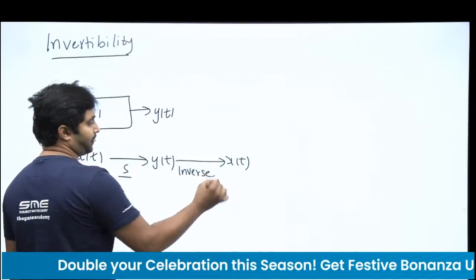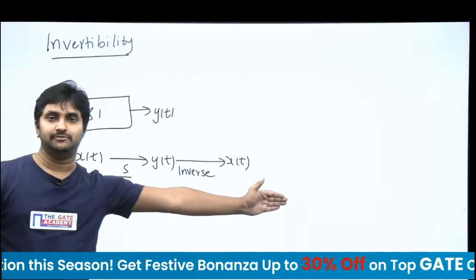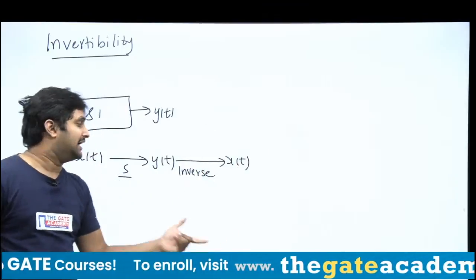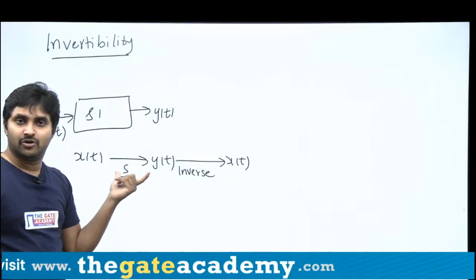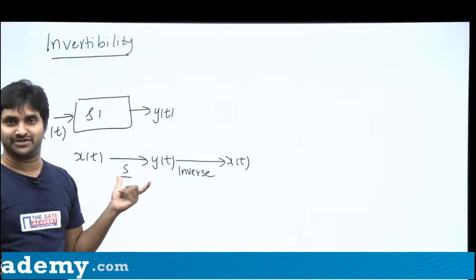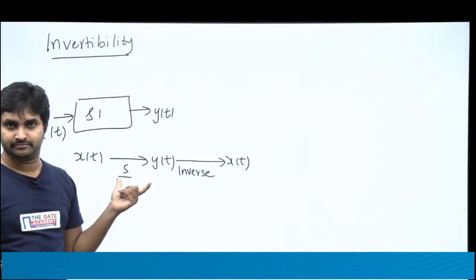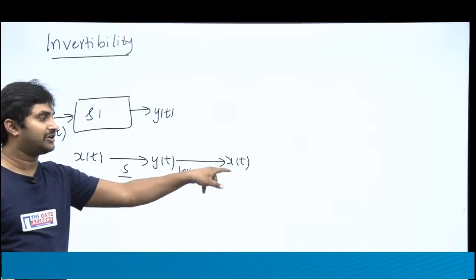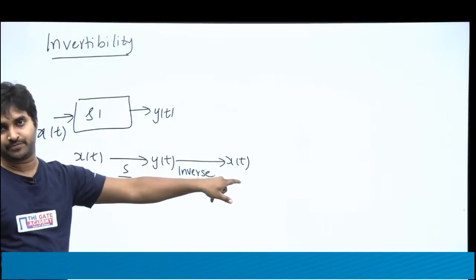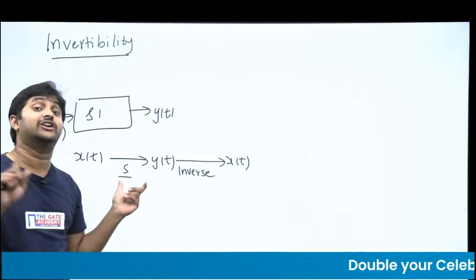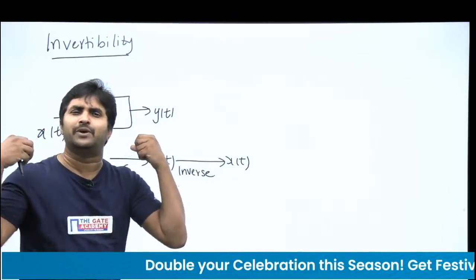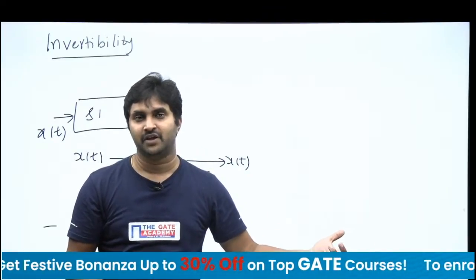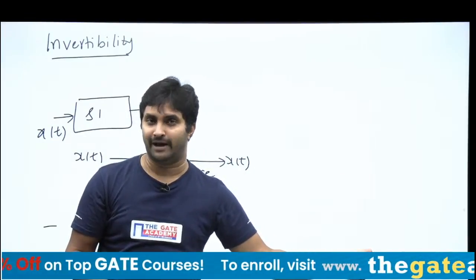If this is possible, then this operation is an invertible operation, if you are able to get back your input. But if you have performed such an operation where it is impossible to get back your input,